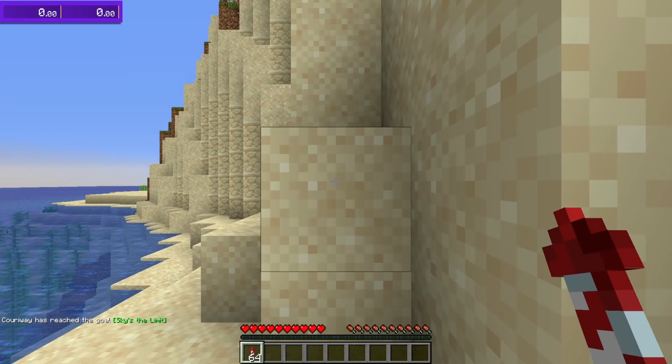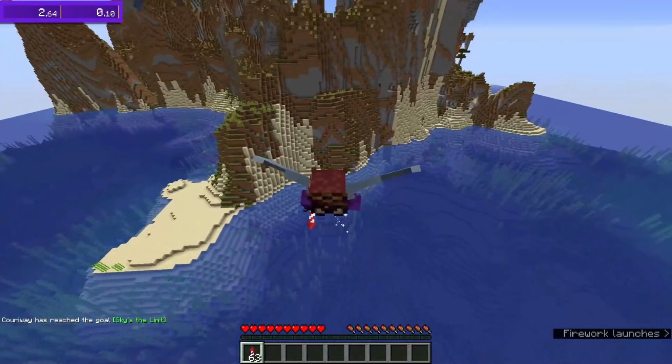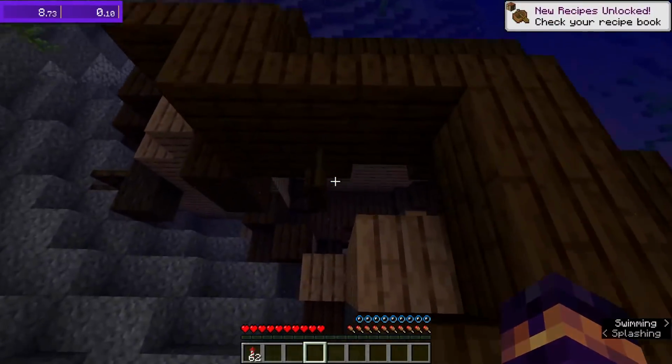I really like the idea of Icarus. Basically, all you do is you start with an Elytra and 64 fireworks, and it is so much fun for speedrunning. So you can see right away I spawn in this savanna kind of biome, and I spawn right next to an ocean